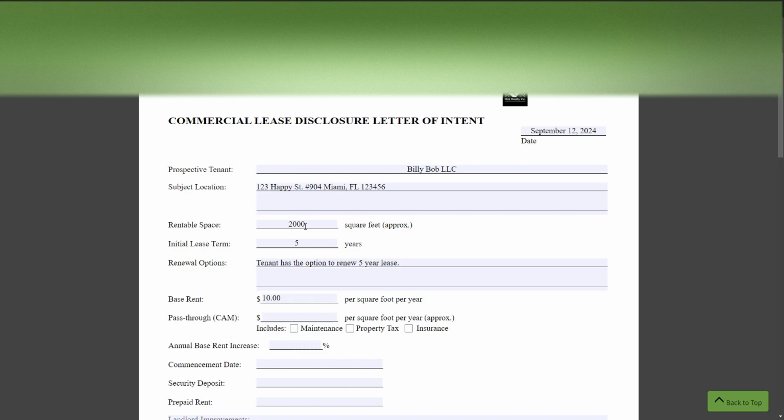You'll divide that by 12, and you'll get what it costs per month if you want a monthly amount. But things usually go off of per square footage. So let's just say it's $10 per square foot. If you need more information about that and how it works, you could always contact us, and we'll be happy to assist you if you're a member of our brokerage. So we'll put that there.